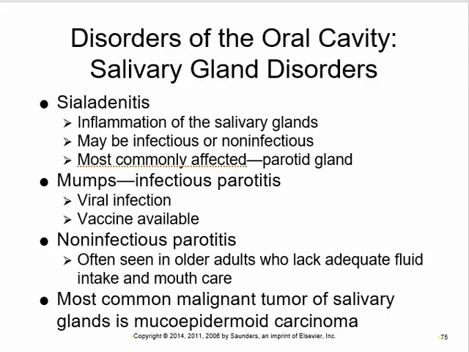The mumps can be unilateral. Most often it's unilateral. It can be bilateral. It can include other things other than the parotid, like the submandibular salivary glands, etc. And it can also include the testes, so you can get an orchitis from the mumps as well.